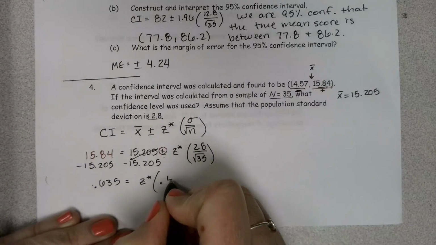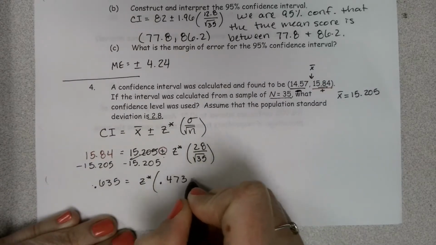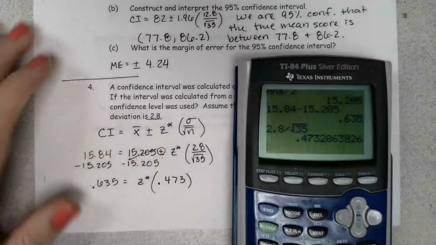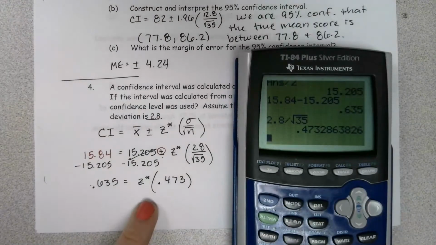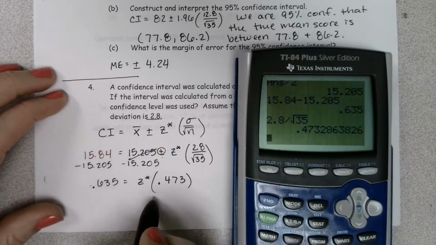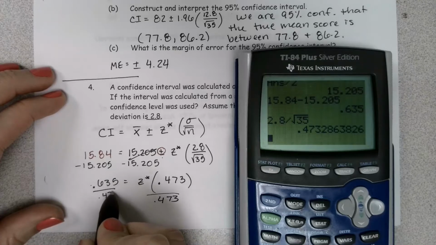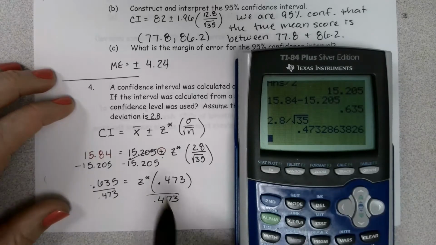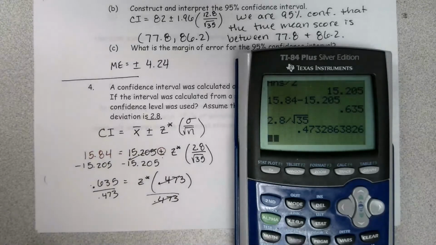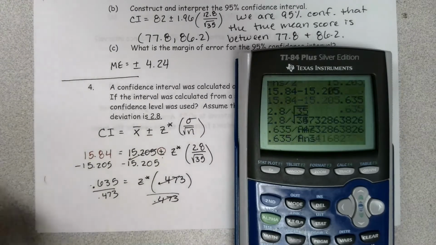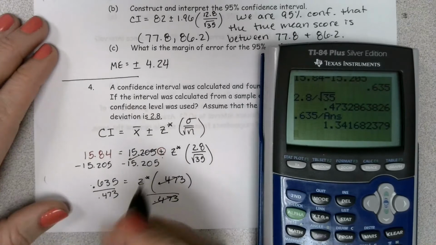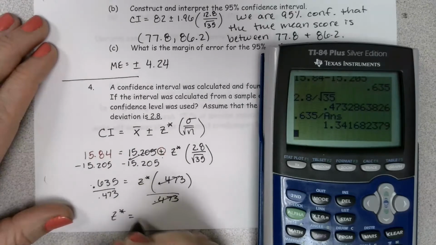and I'm going to go ahead and convert this to a decimal just for the sake of writing it down. You can see what I've done here in my calculator. So now to get my z critical by itself, I need to divide both sides by this 0.473. But what I would advise you to do is make sure that you're using this value as accurately as you can. So use second answer to get the answer. So we have a critical value now of